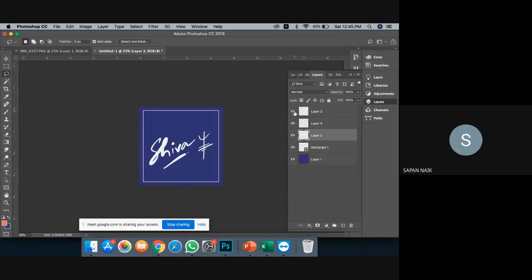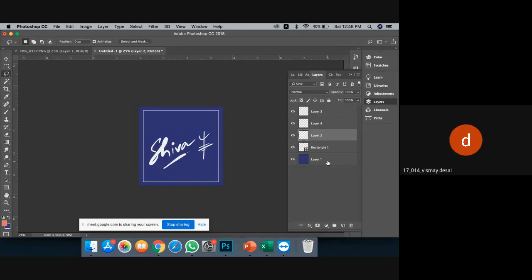When you want to save this, you need to save it as PNG files. As far as Adobe Premiere Pro is concerned, you can directly save this PSD file and import it in Adobe Premiere Pro, and all the layers will come as separate layers, as you can see right now. But currently I do not have Adobe Premiere Pro, and my computer's capacity is not enough to handle Premiere Pro. So we'll do the animation on LumaFusion on iPad. For that purpose, we need PNG files. It is as simple as that. We need 5 PNG files, the same 5 layers. Get it?